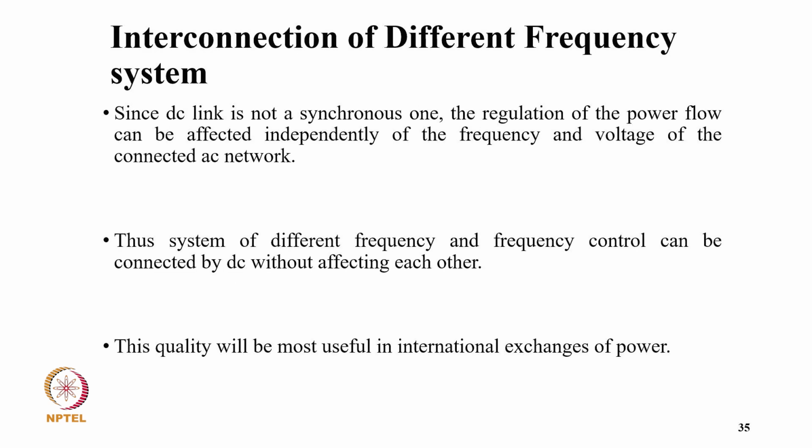So coming to interconnection of different frequency systems, since the DC link is not a synchronous one, regulation of the power flow can be effected independently of the frequency and voltage of the connected AC networks. Thus systems of different frequency and frequency control can be connected by DC without affecting each other, and this quality will be most useful in the case of